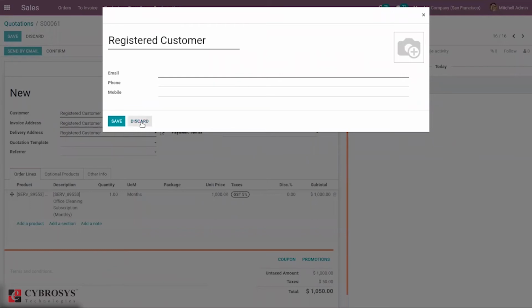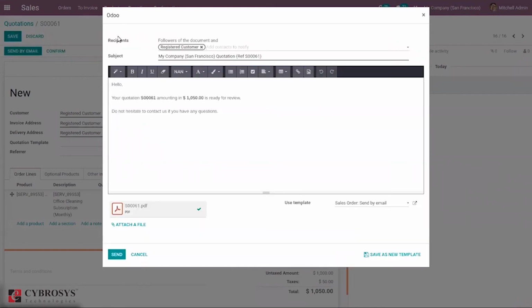This one is a registered customer. Now you can see the recipients, the customer name, and the subject. Here we can customize the mail body.